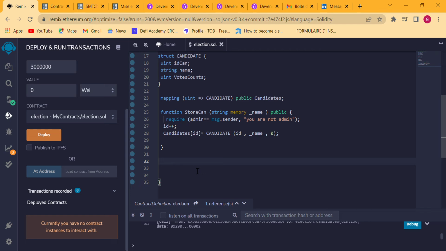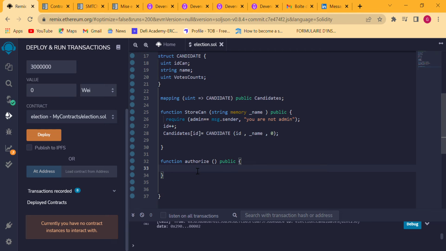So we are doing this by calling the keyword function. Yeah, we are going to say authorize. You set public visibility for everybody to be able to see it from outside and inside the blockchain smart